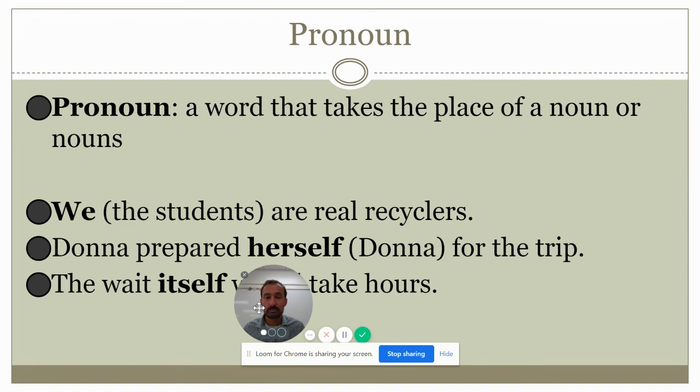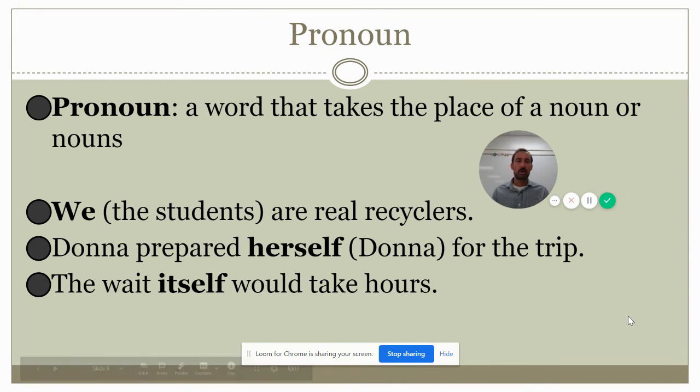Okay. Now we have a pronoun here. Pronouns are the words that take the place of a noun or other nouns. You exchange them in so you don't sound like you're repeating yourself. Charlotte went to the bathroom. Charlotte got a drink of water. Charlotte returned to class. Okay, we don't need to say Charlotte every single time. Charlotte went to the restroom. She got a drink of water, and then she made it back to class. So use the pronoun she instead of the word Charlotte every time.